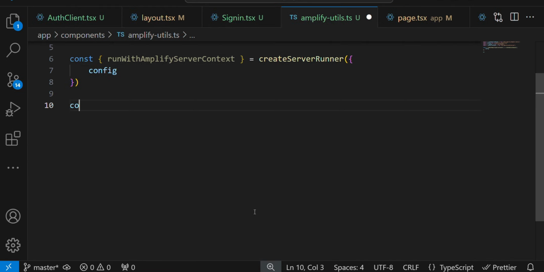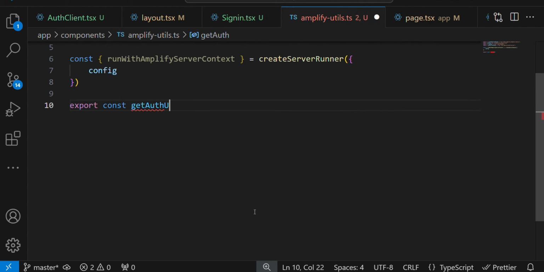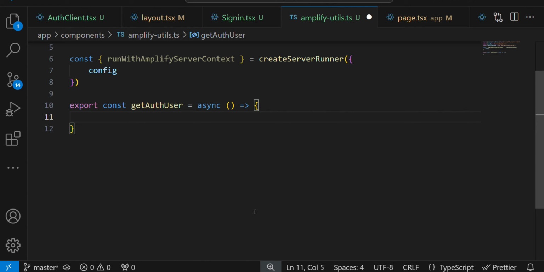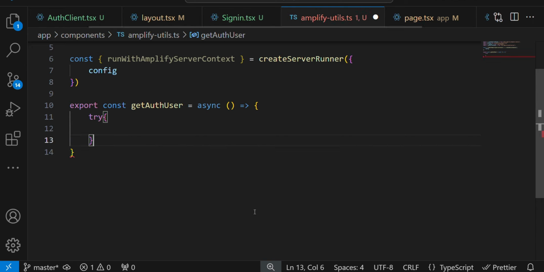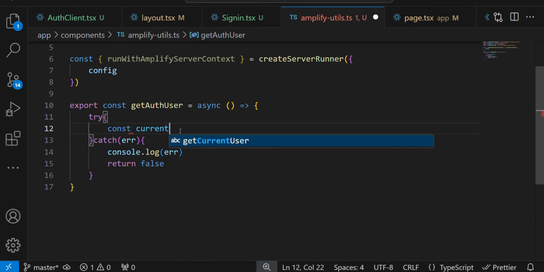For this we need to export an async function. Let's name it get auth user, and in this function we'll call the run with Amplify server context, and with that we use get current session from Amplify. We'll write the code inside a try catch block, and in case of error we return false. Then let's create a variable current user,